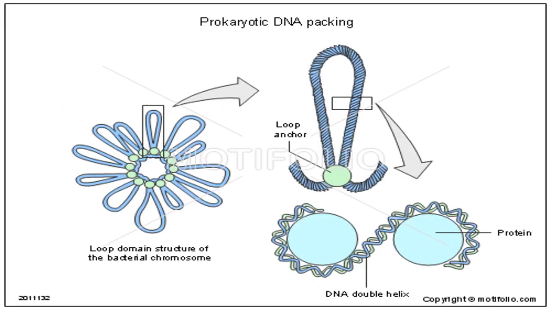So here we have prokaryotic DNA packaging. In prokaryotes, negatively charged DNA is simply packaged with positively charged proteins like this. The negatively charged DNA will be coiled around the positively charged proteins and packaged to form the nucleoid inside the prokaryotic cell.